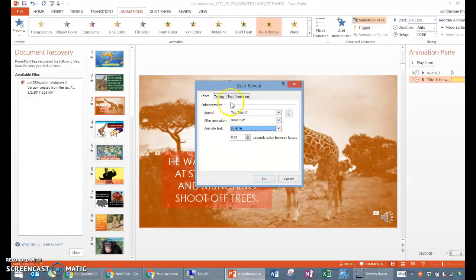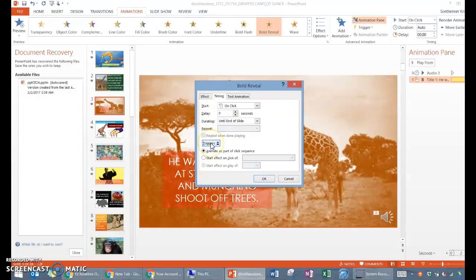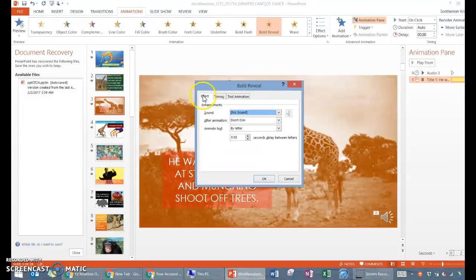Tell when you want it to come in. You can tell how long you want it to go or what would trigger it. This one's also kind of cool. You can also add sounds to the thing as well. So sound if I wanted applause, or a typing noise if you had it come in after every word. Okay, or like typewriter, which gets really annoying after a while, but gives you the idea. Okay,